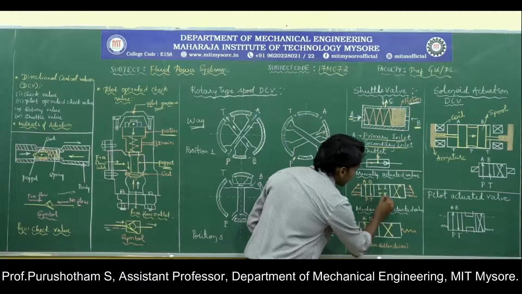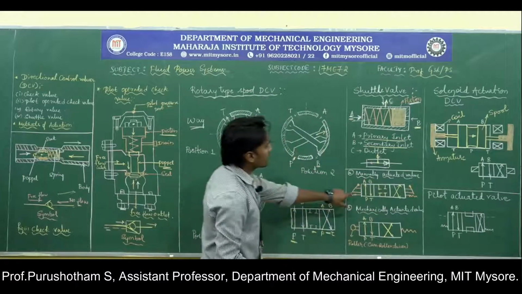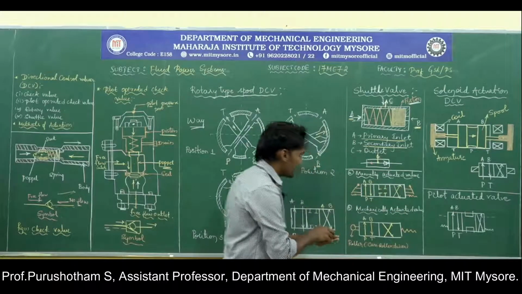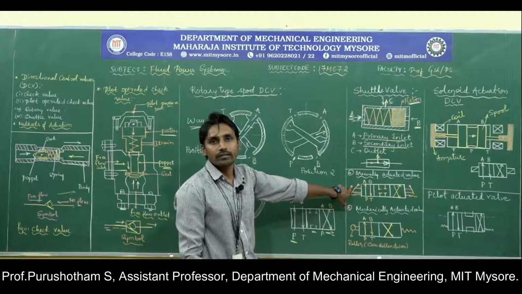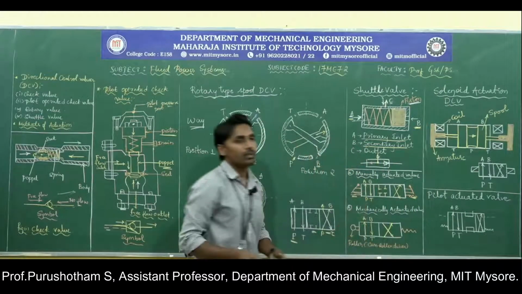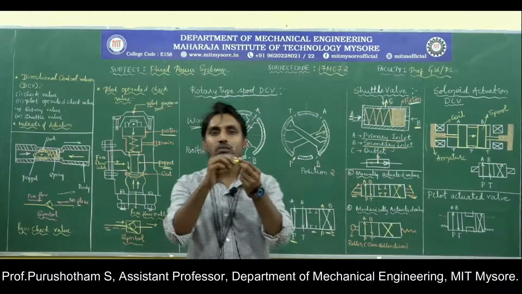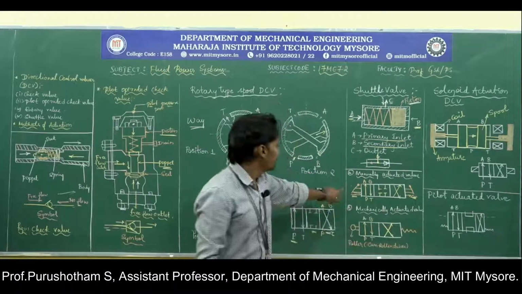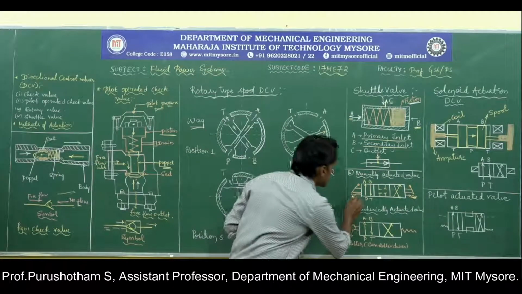Coming to the manually actuated valve, if you can see this, this will be the graphical symbol, which has 3 positions and 4 ports. At either end of the envelope, that is on the left end and right end of the envelope, we can see this lever symbol, which is manually operated. Then at either end we can see the spring symbol. That means inside the valve there will be a spool, and both ends of the spool are loaded by springs, which is shown by this symbol.